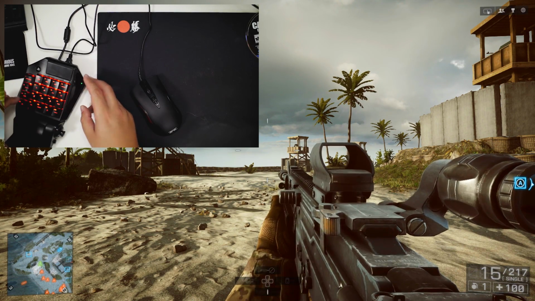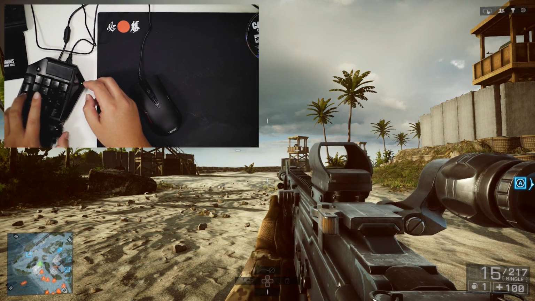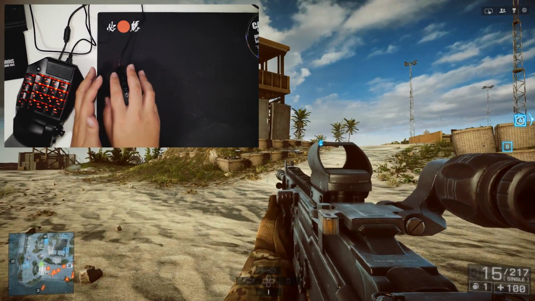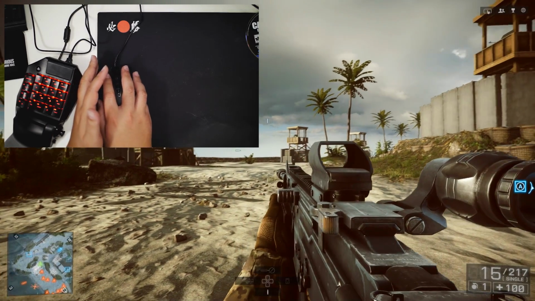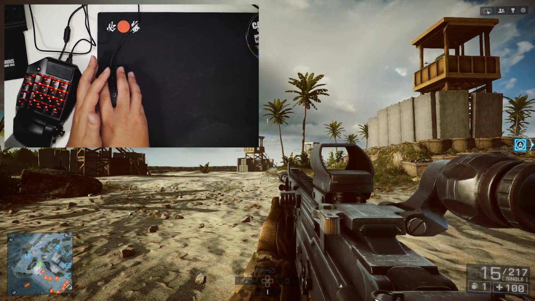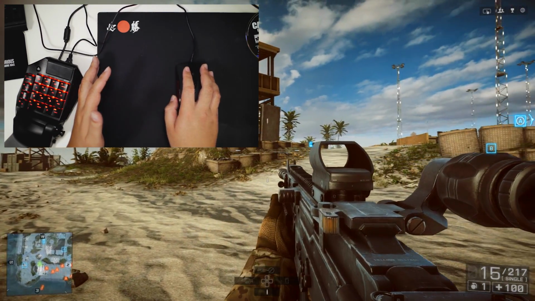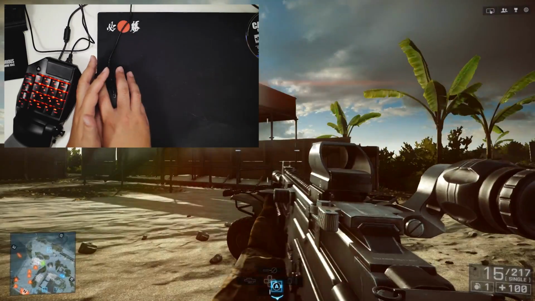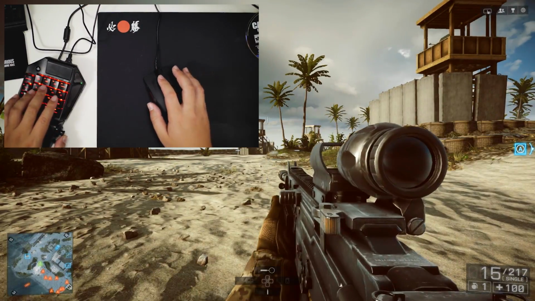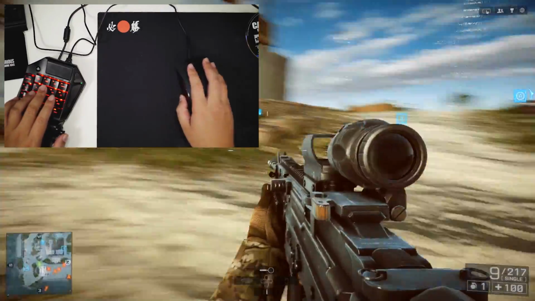Let's see what happens if I turn the dead zones all the way off. Okay, dead zones are all the way off. So, moving. Fast. Yeah. See, as you can see, I'm sitting here messing with things, trying to get it to work,